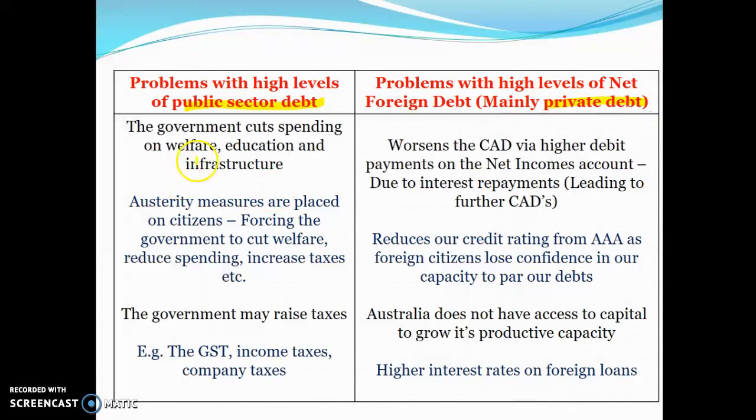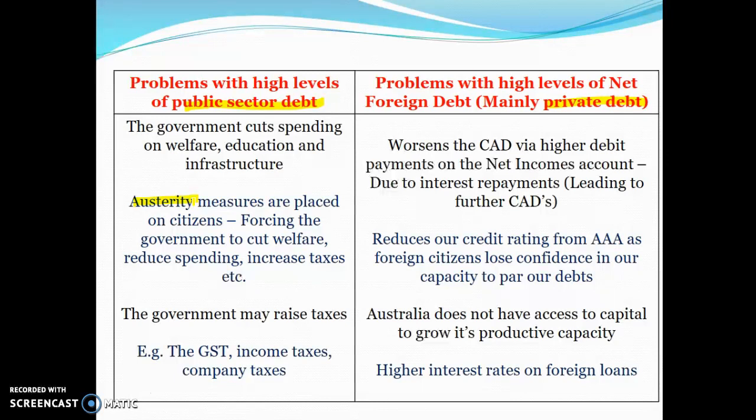Problems with public sector debt is that the government may have to pay back their money and may have to cut their spending. So they may have to cut spending on welfare and education and infrastructure because of the amount of debt they're in. It can also mean that there's austerity measures placed on citizens. What that means is that the